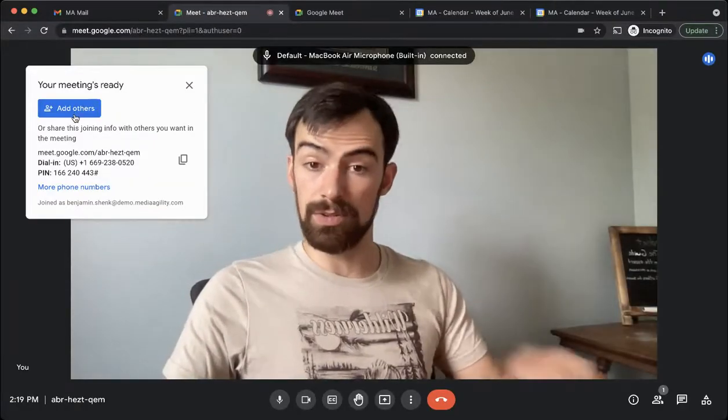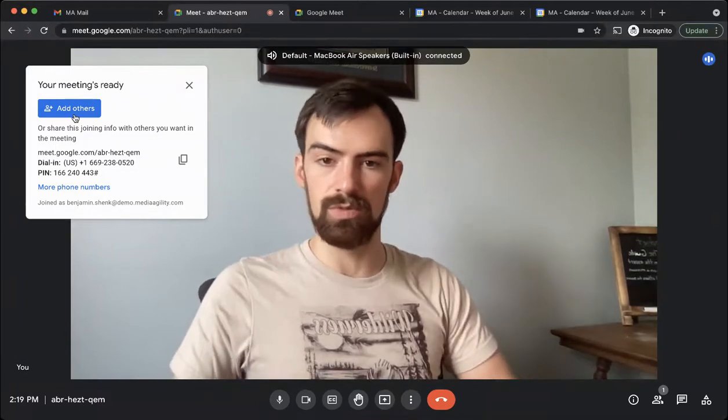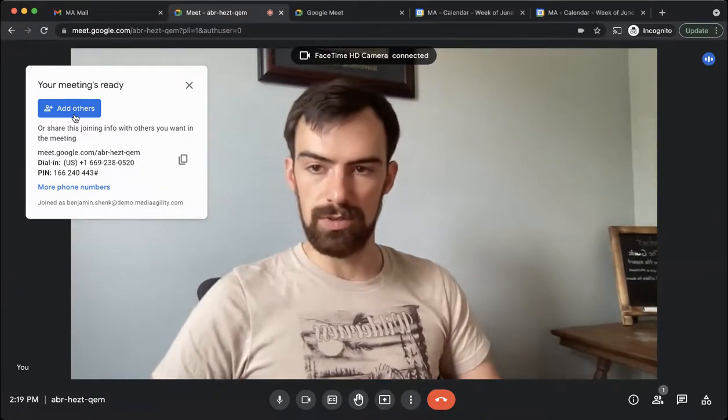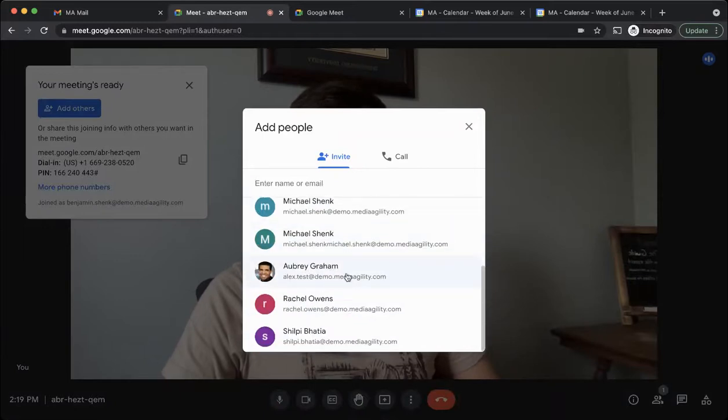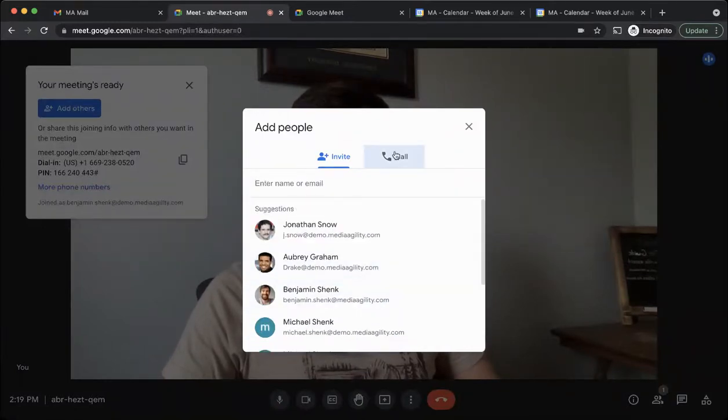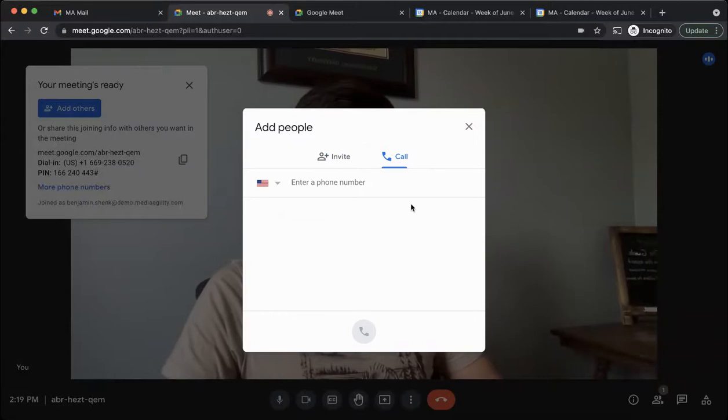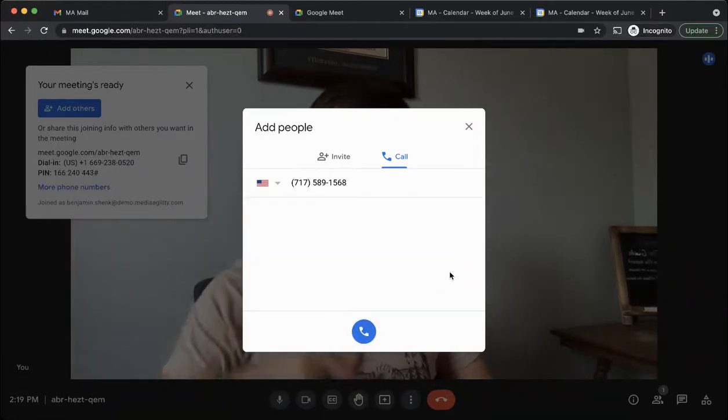You can add others directly from this, which is really helpful if you needed to add some more. So of course you can add some suggested folks. Maybe these are your team members. You can also call folks out from here, which is really cool. So if I needed to call the plumber down the street from me, I can type that in, call that, and they will actually be added